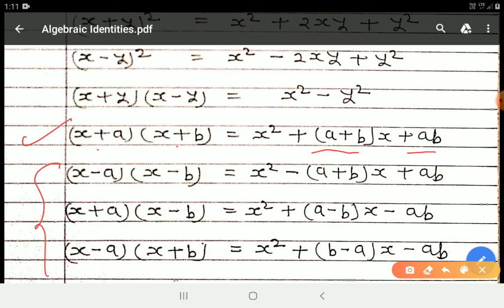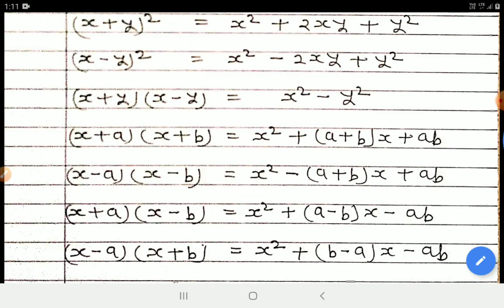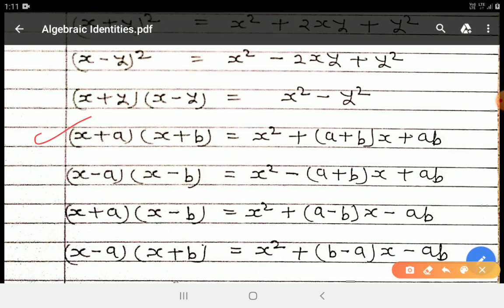In front of a minus will come, in front of b also minus, so we will take the minus common, so in the bracket again plus will come. And here, a and b, if both are minus, then multiplying minus a into minus b becomes plus. In the second one, where b is negative, here the negative sign will come on b, and also a plus a into minus b is minus ab. So no need to learn all four identities. If you learn this one, on the basis of it you will learn all four.